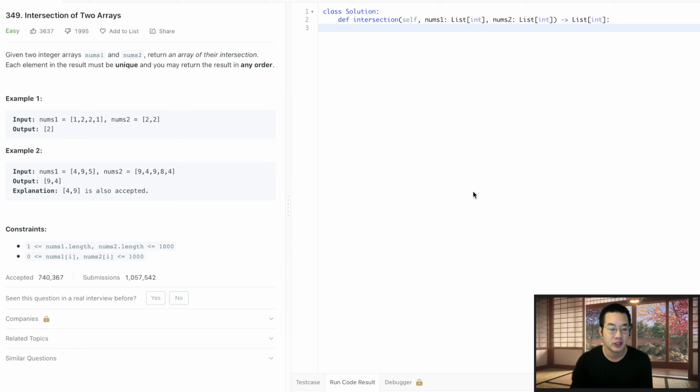Hello there, today we'll be doing intersection of two arrays using the UMPIRE method. So first of all, we're going to understand the problem. We're going to take all the numbers from nums1 and find the intersection with nums2. So any number that is seen in nums1 and seen in nums2 is going to be our output. So our test case would be